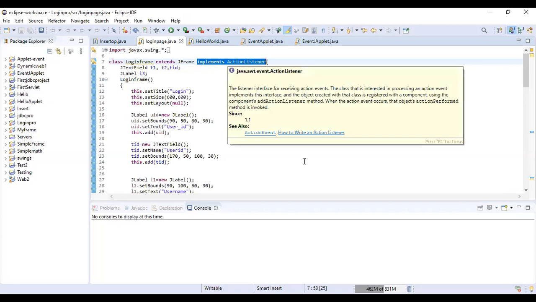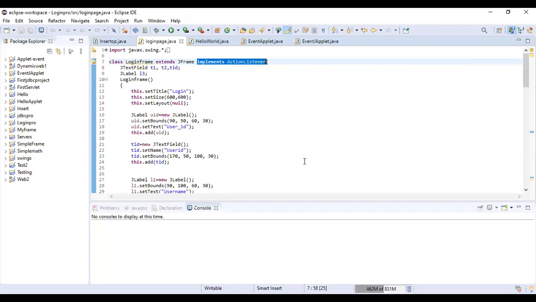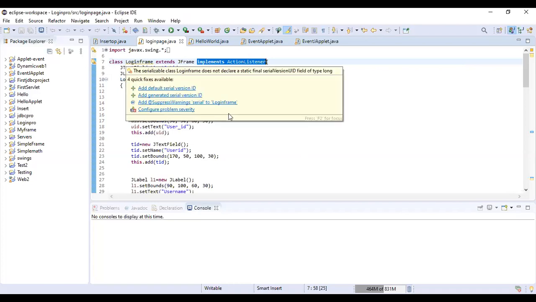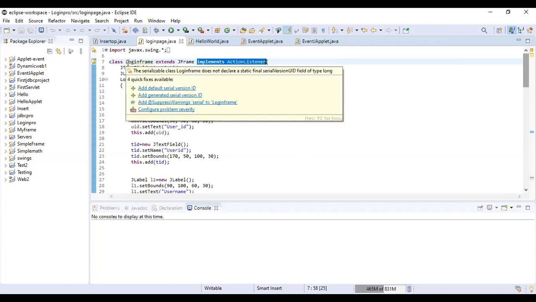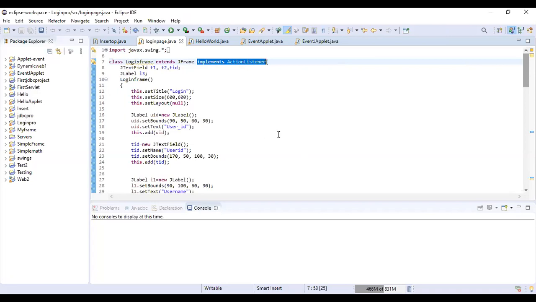Now in our case we are going to create one login frame. So we will write a class LoginFrame extends JFrame, because we want to extend this swing JFrame, and we want to handle the events also, so we need to implement the ActionListener.